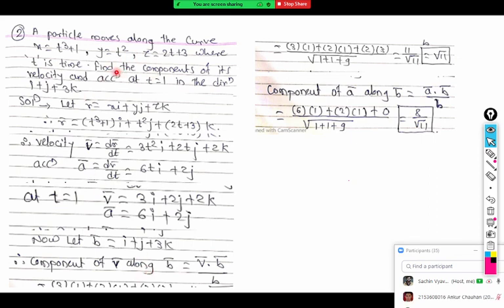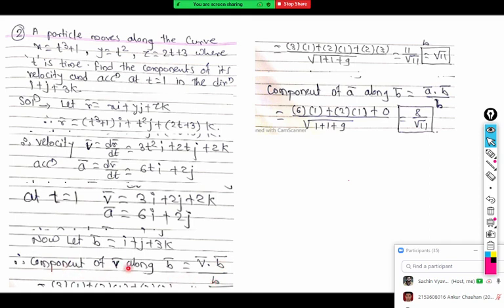See, what is the question? The question is to find the components of its velocity and acceleration in this direction. So we want a component of velocity along this direction. What is a component? A parallel word for component is projection. Projection, component, or magnitude of velocity along this direction, that is the same thing. So we are taking the formula of a projection. It is already given in the prerequisite part how to take the projection of a bar on b bar. If you want the projection of a bar on b bar, it is a bar dot b bar upon magnitude of b bar. Are you getting that?